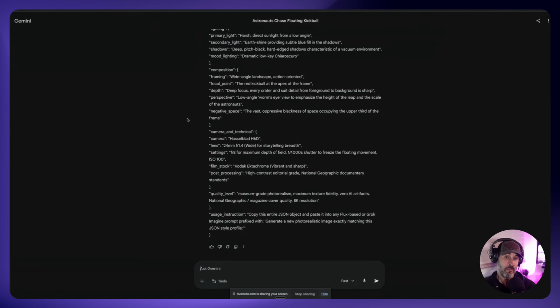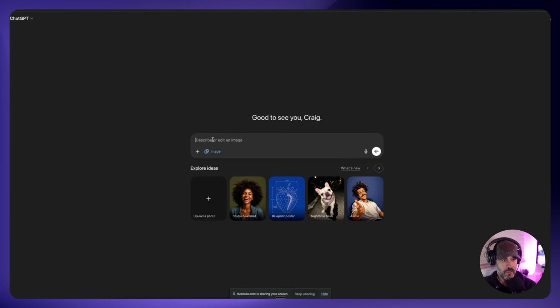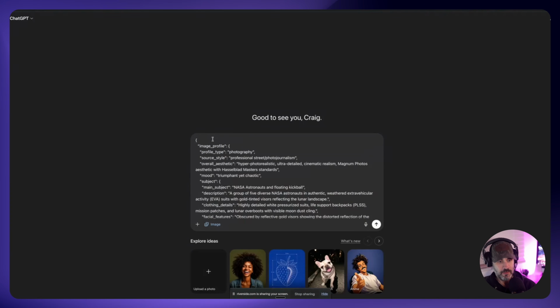So you get the gem if you want to just use the gem yourself. And if you want to create the gem so you can modify it, I'm going to give you all those files as well. So that'll be linked in the description below. But let's take this prompt. I think I copied it already, but just to be on the safe side, let me just copy the response. Let me head over to ChatGPT and I'm going to click the little plus. I'm going to click create image and I'm going to paste this in here.